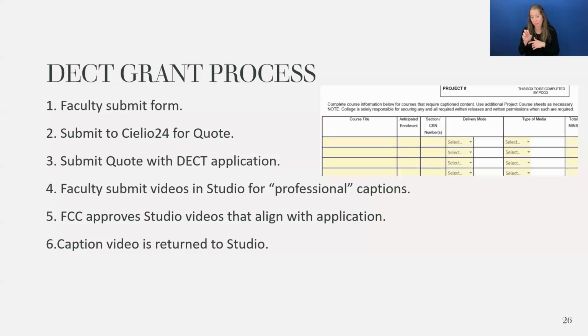I think this was one of the better ways to simplify the process, because yes, you just fill out a form, but on the back end, the DECT grant requires us to do this and that, and the vendor needs this and that, also required by the DECT grant. There are all these other steps we had to take before we could say, okay, here's the video, we just want it back. Yeah, with the captions. I wish it was that simple.